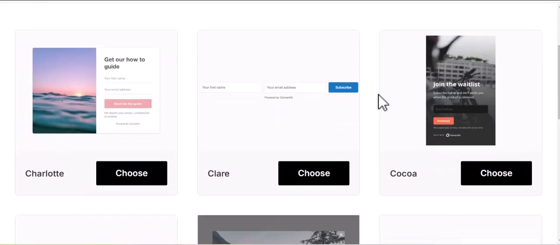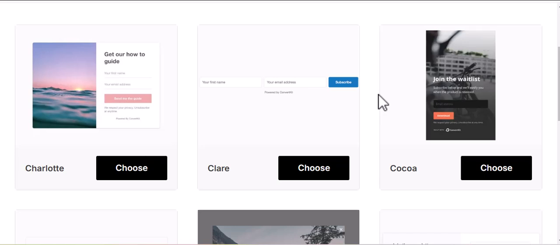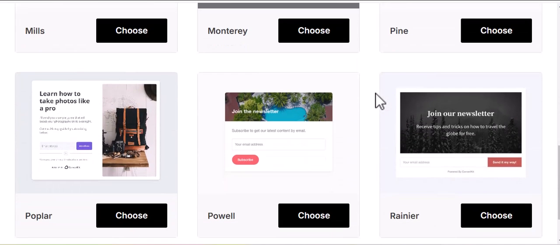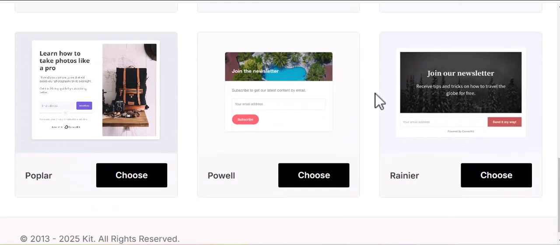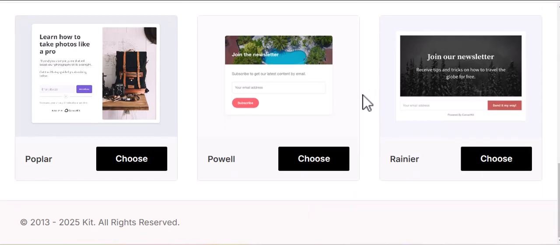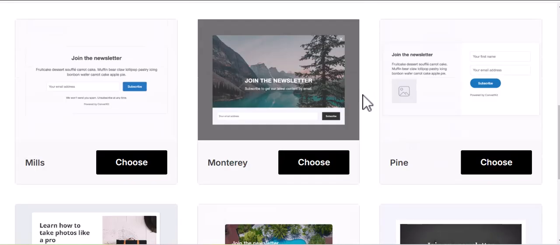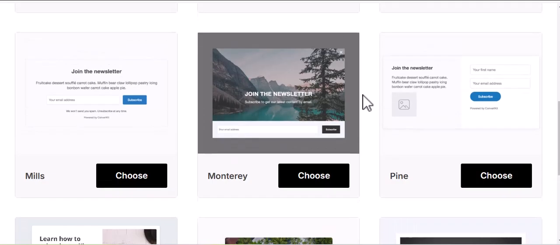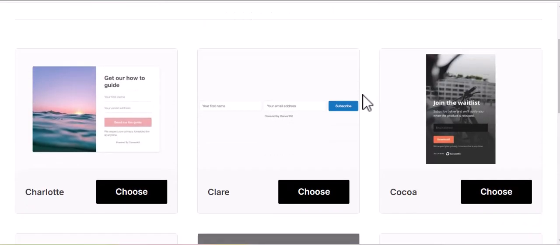You can choose a template, so something very simple you could choose, and it's really up to you how fancy you want to get here. So let's just do, I'm going to do this one, Charlotte. So we're going to choose this,